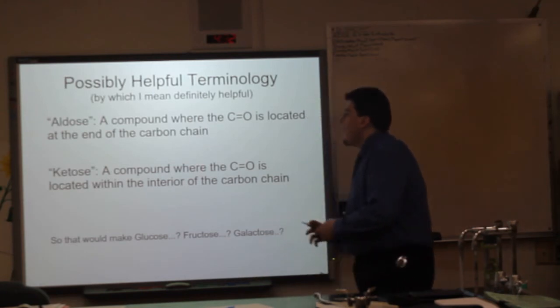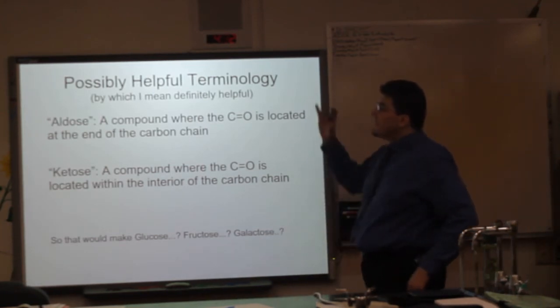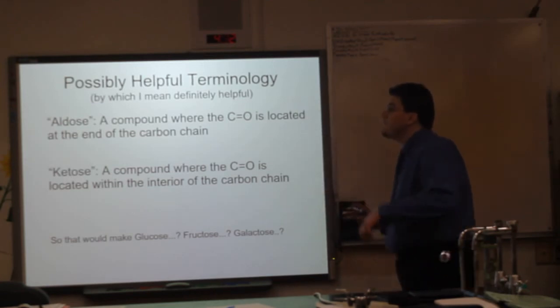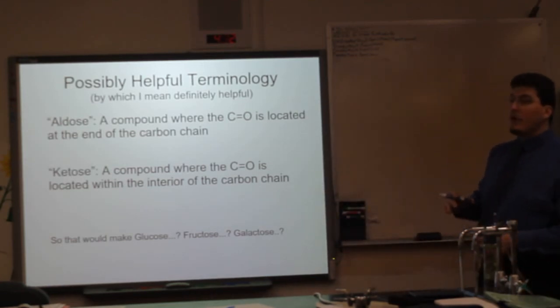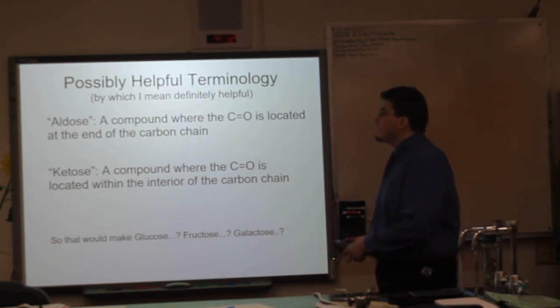Now, aldose and ketose, which I mentioned before: the carbon-oxygen double bond is located at the end of the carbon chain in an aldose sugar. In a ketose sugar, the carbon-oxygen double bond is located within the interior of the carbon chain. So,